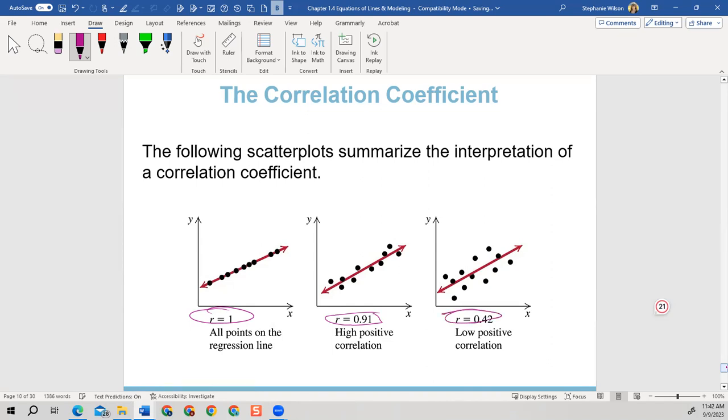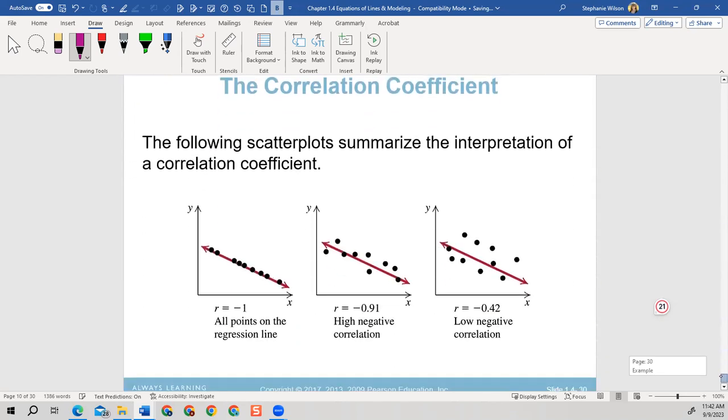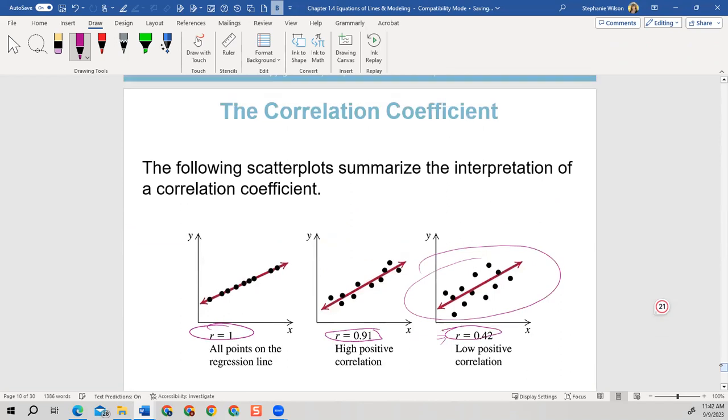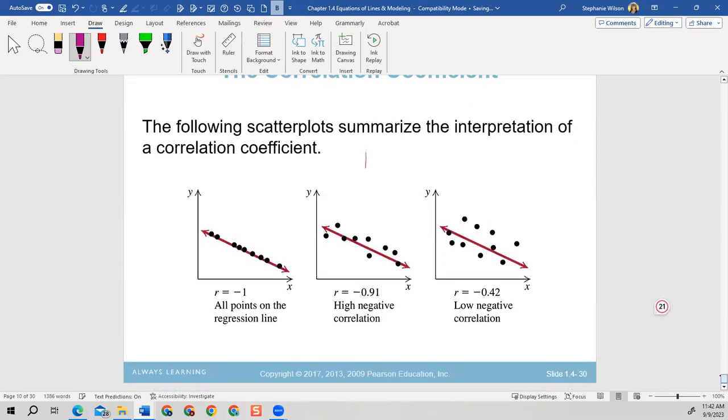However, the further away R gets from 1, it becomes a low positive correlation, and it's positive. So all these R's are still positive. You notice that these scatter plots are moving away from the regression line that we plot in there. However, if R is negative, oh, and look at this, R is positive, so it rises left to right, okay? But look here, R is negative, so we're falling